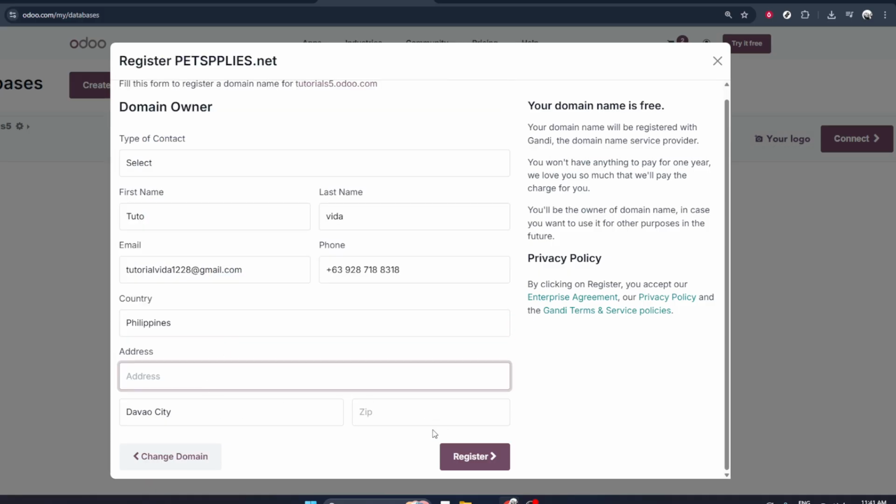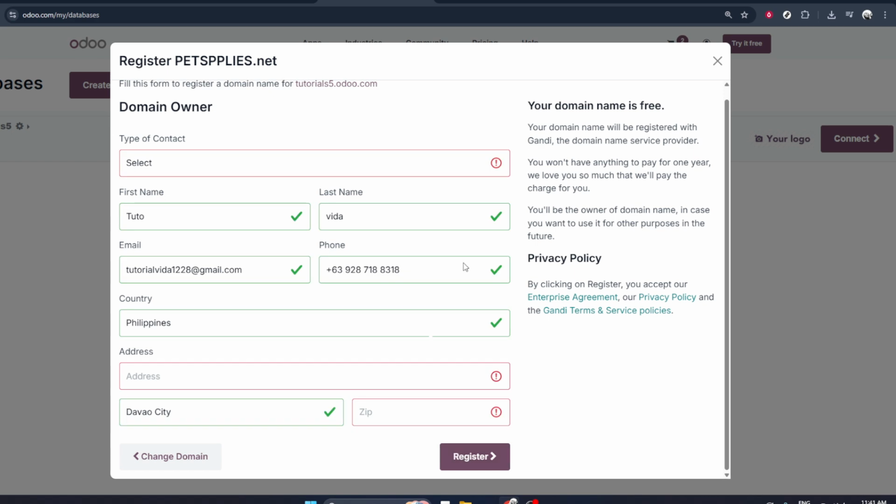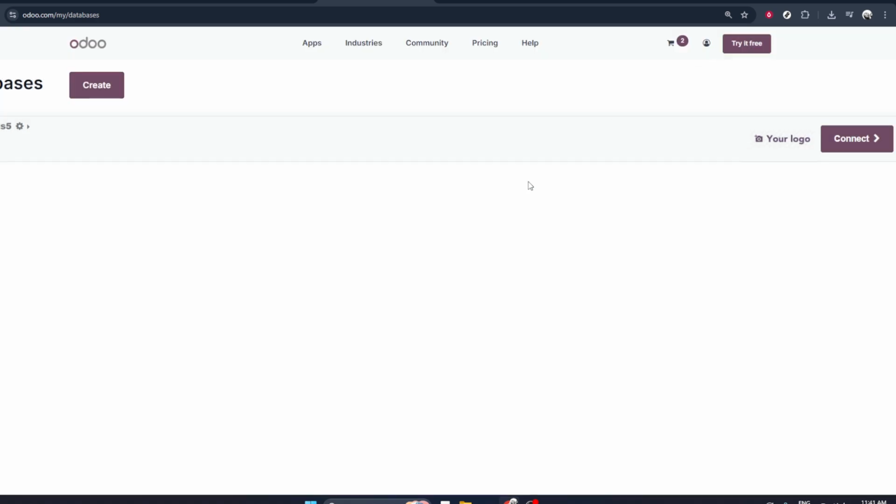After that, simply follow the on-screen prompts that Odoo provides. These may guide you through payment, confirmation, and finalizing the setup. When everything is completed, your new domain will be linked to your Odoo database, and you'll be ready to use